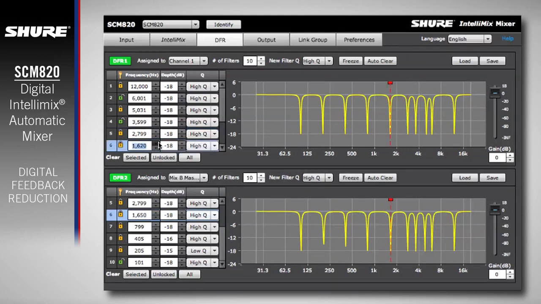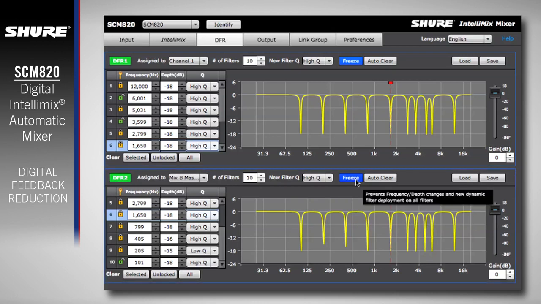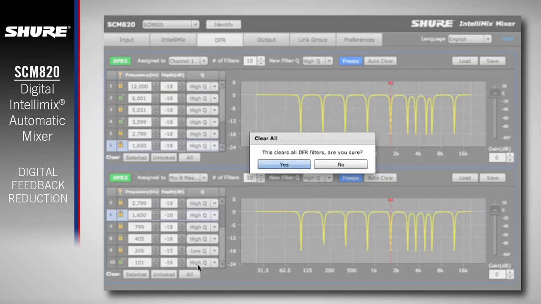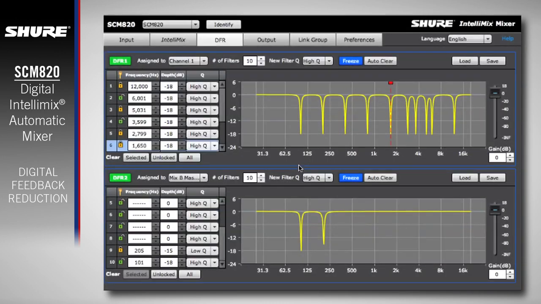Once all filters have the desired settings, the freeze function can be used to prevent any automatic changes to frequency or depth and prevents new filters from deploying. Click the Selected, Unlocked, or All Clear buttons to reset filter settings for a DFR channel. This action sets frequency and depth back to 0 and Q to the selected New Filter Q setting for the